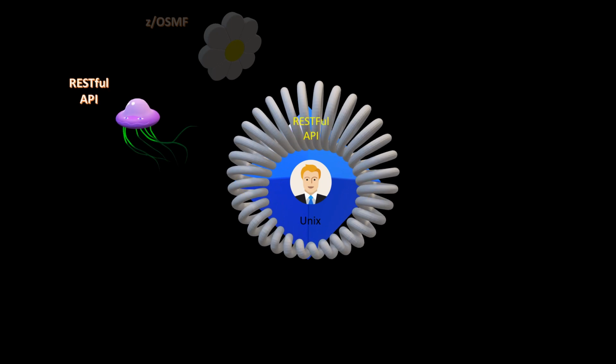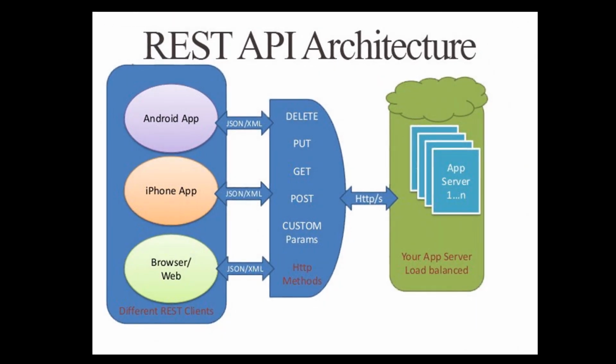In z/OSMF, users are allowed to write their own plugins. This is where RESTful API comes into the picture. RESTful API is an application program interface that uses HTTP requests to read and write data from the host. Mainframe provides standard APIs to issue commands on the console. We can create, edit, and delete PS, PDS, or Unix files. We can write JCLs and submit them for execution. Later, we can read the job output from spool as well.